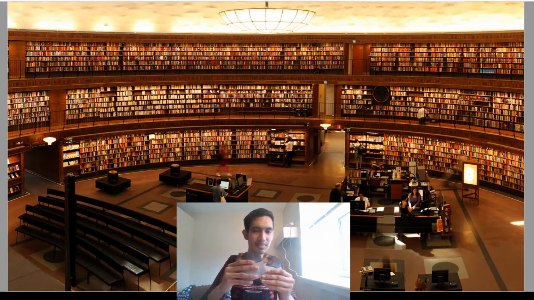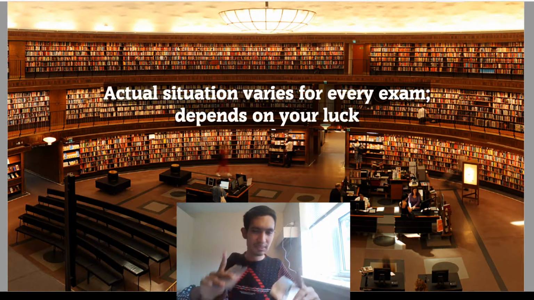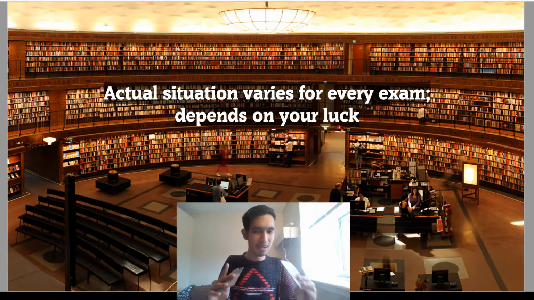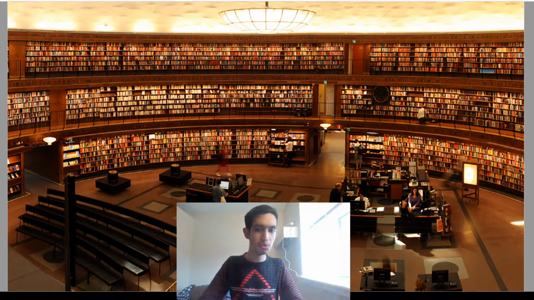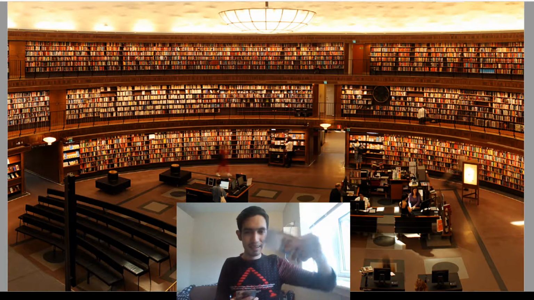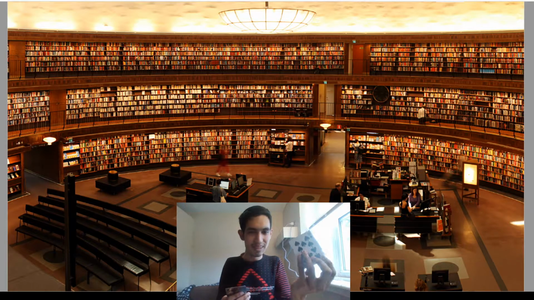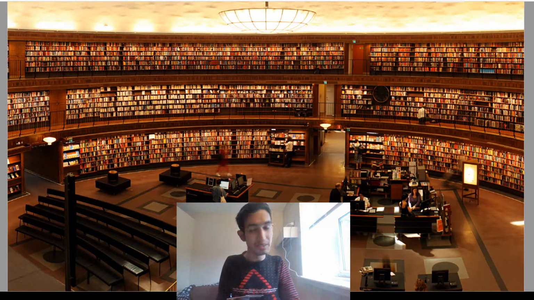So there will be cards on the table. Once again, the situation could be different. It varies from place to place. It all depends on your luck for part two of the speaking test. He will either leave all the cards on the table for you to choose, or the worst case possible, he or she will take out a card at random, and then he or she will tell you to